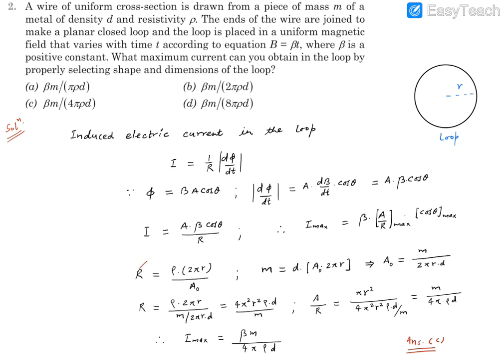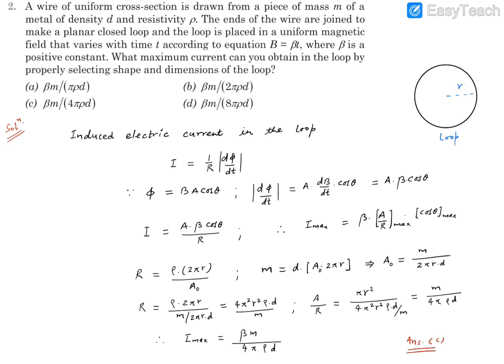Now if we talk about the resistance, we know resistance is rho L upon A, where L is the length of the wire. Now we need to maximize the loop area for a given volume of the material. If the given volume of the material is used to form different shapes, like square, rectangle, triangle and other things, you'll find the loop area is maximum for the circle. So if we want to maximize the loop area, we should go for the circle. So the loop has to be circular. Hence a circular loop has been drawn.